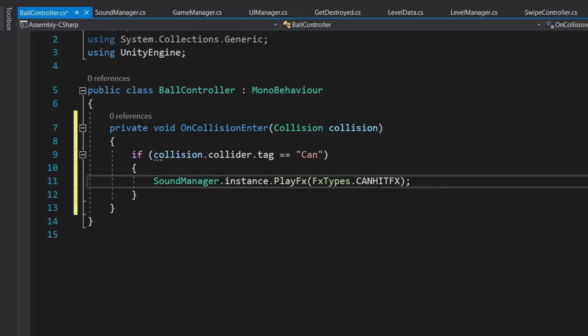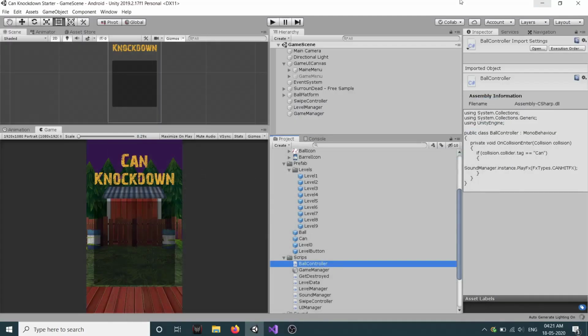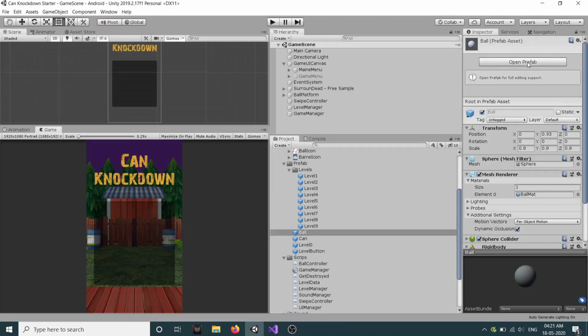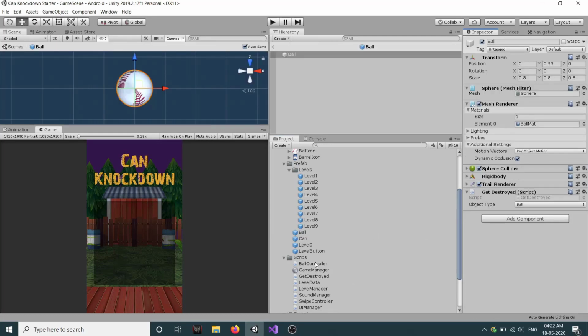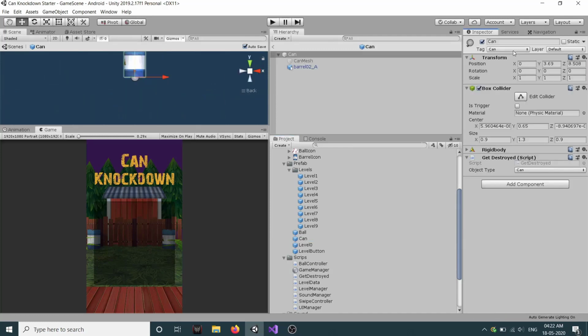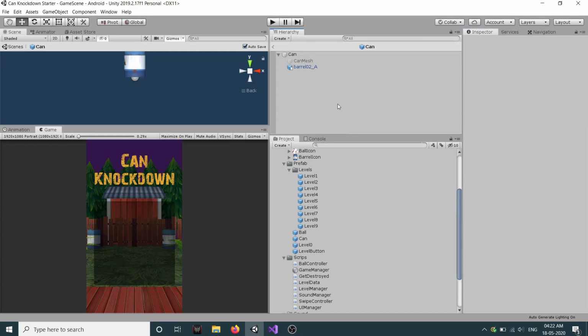Let's go back to our editor. In our ball, let's open our prefab and drag our ball controller to it. Okay, in our can, open our prefab, and you can see we already have a tag can which is assigned to it, which is good.